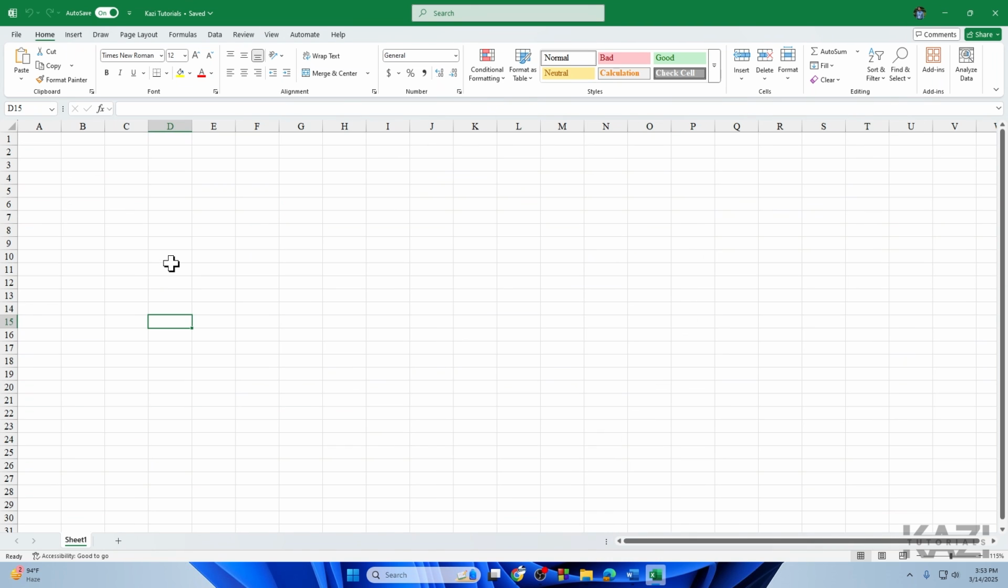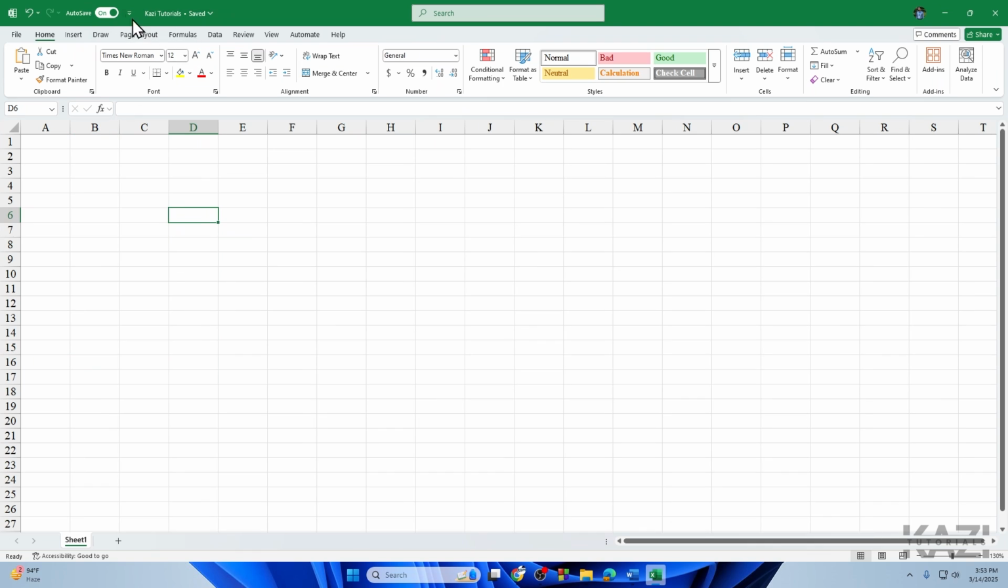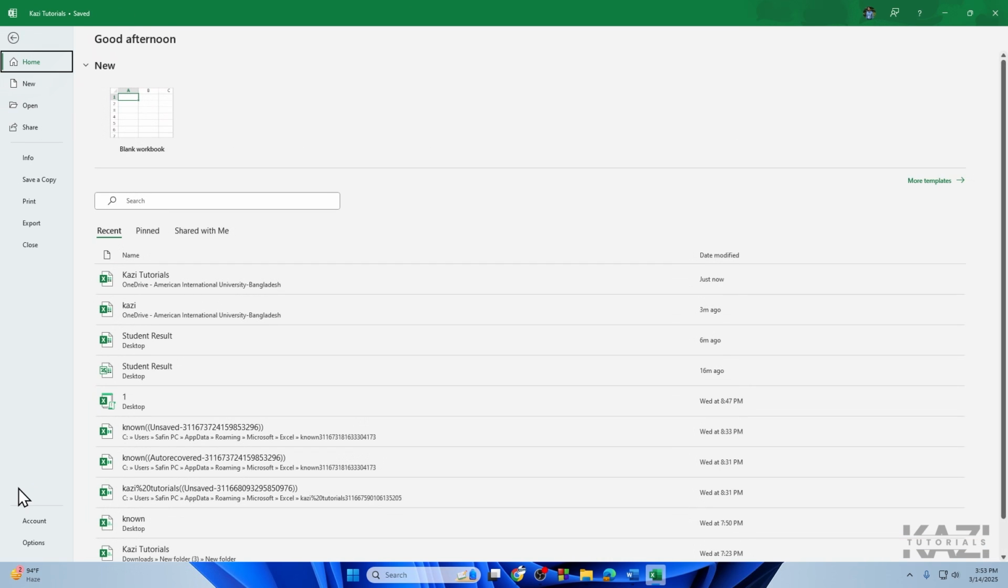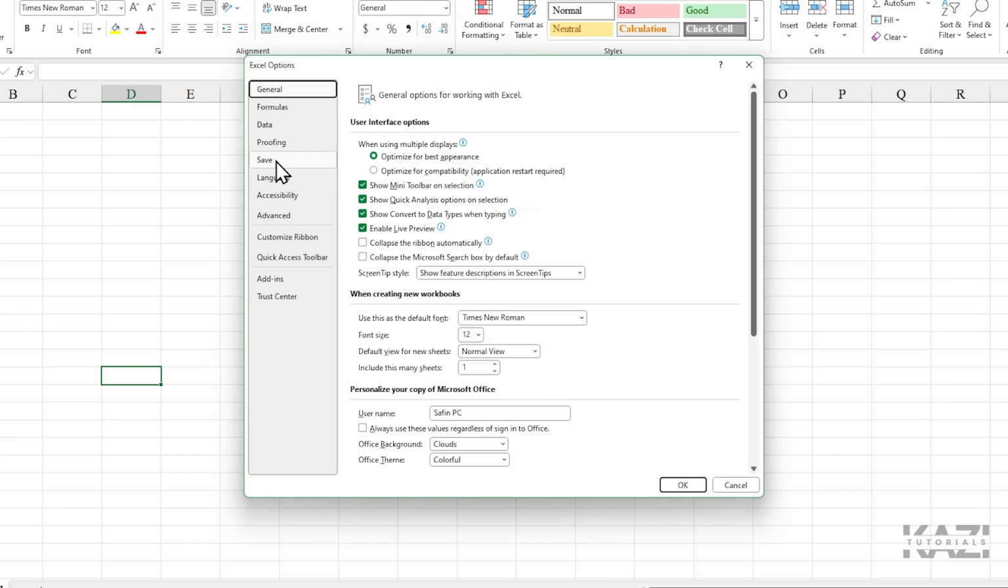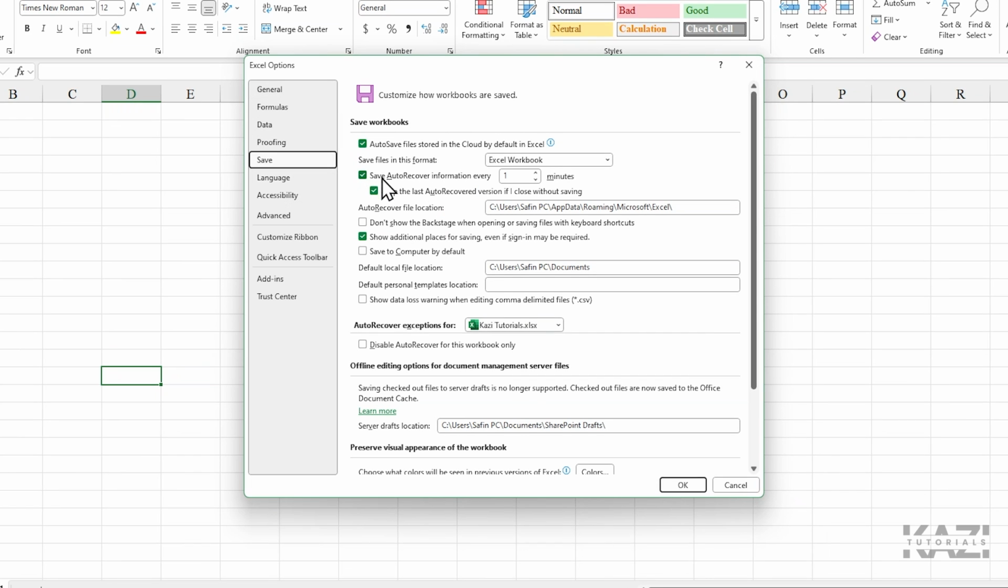Alright, so if you have successfully logged into your OneDrive, it will show options like this. Also, you can autosave the process in your PC. So right now I will show you that. For that reason, you need to go to the file and then simply go with the options. Now from here, you need to select the save option and simply check mark all these two, like